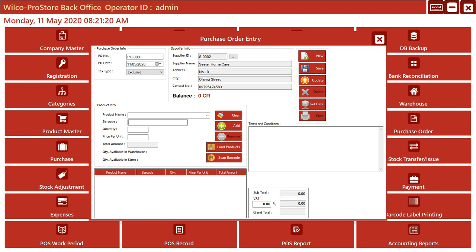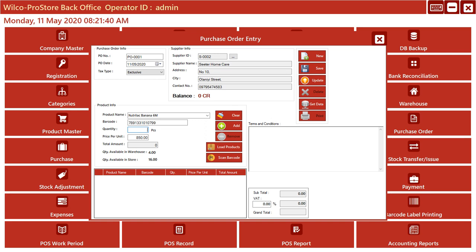Let me scan the product now. Because I'm using a barcode, it will sort it automatically for you, and you can add this down. No, because it's saying that I should please enter your quantity. Because now, if you notice something now,